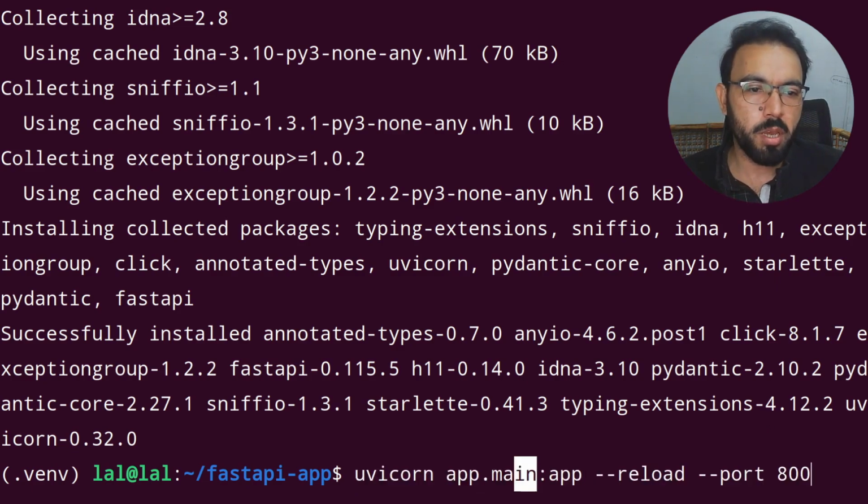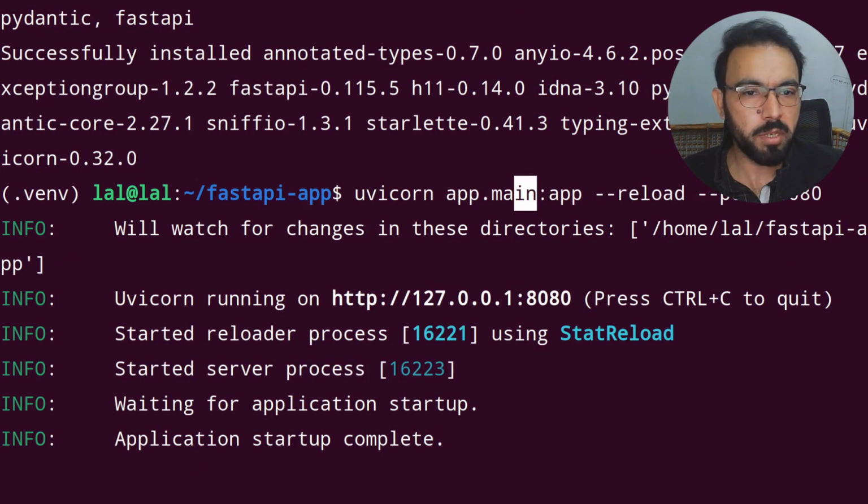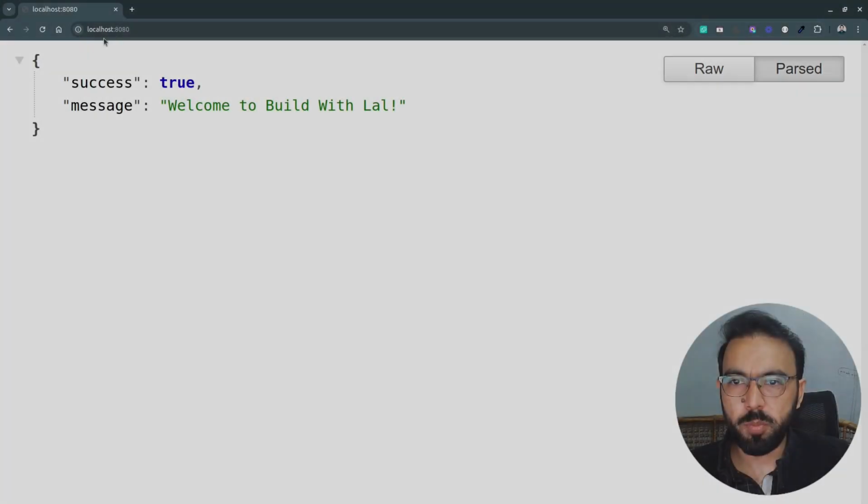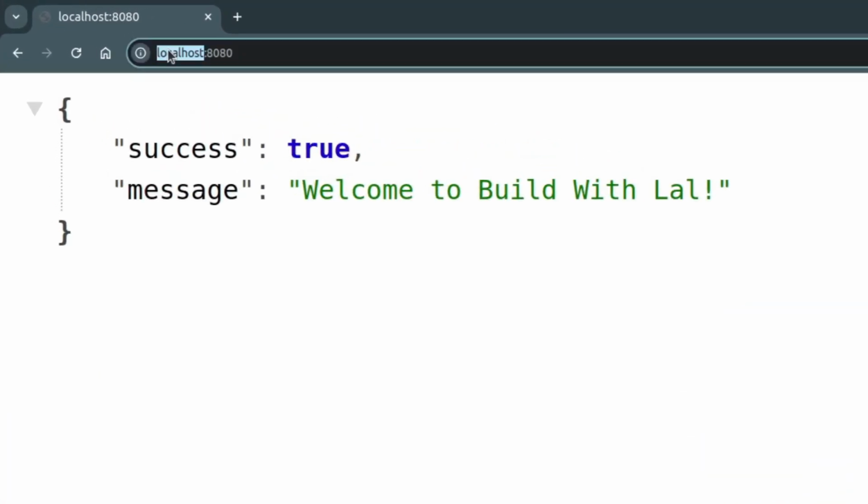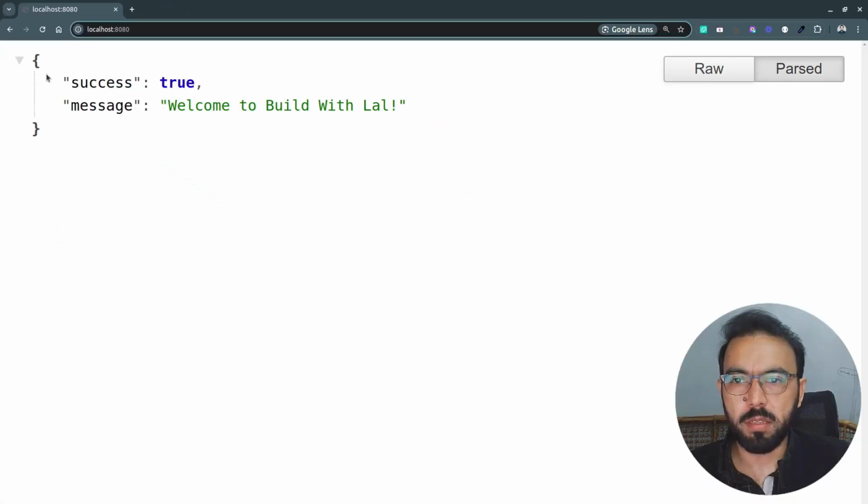The application will be available on port 8080. Now let's run this command. So we can access this application on localhost 8080. I'll switch back to the browser and visit localhost 8080, and you can see the response from